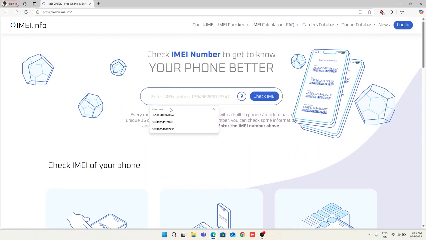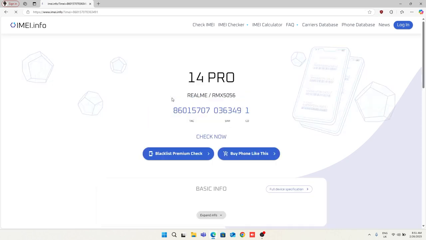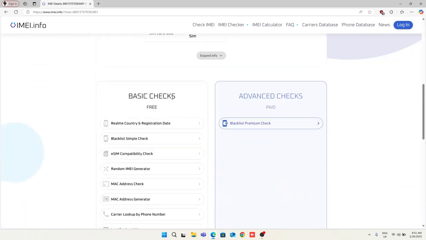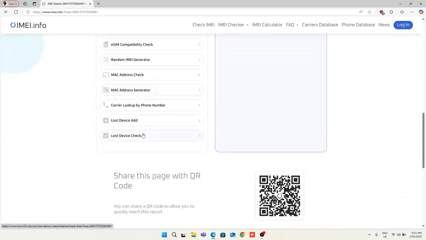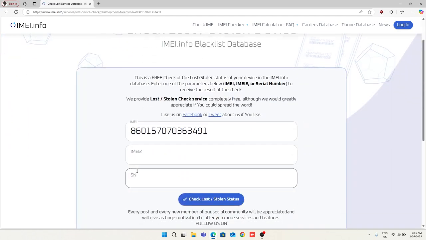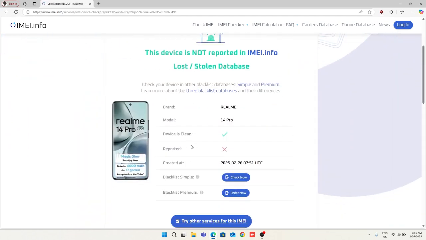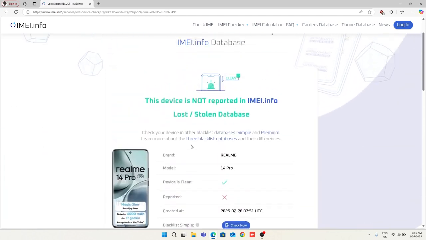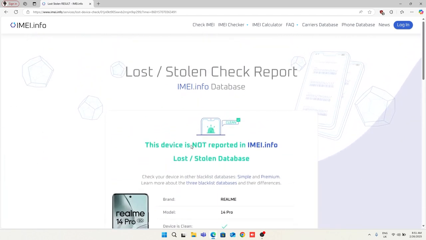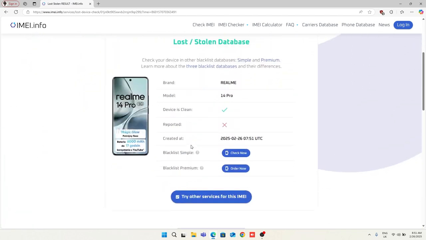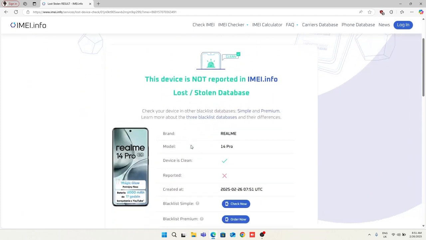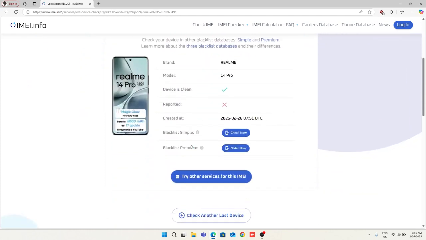on your browser and type in your IMEI number right here. You'll get some basic info about your phone, and down here you'll find the lost device check. And here, if you provide your IMEI number, you'll be able to check if your device was added to the IMEI.info lost stolen database. And here you'll be able to find out, for example, your used one was added here